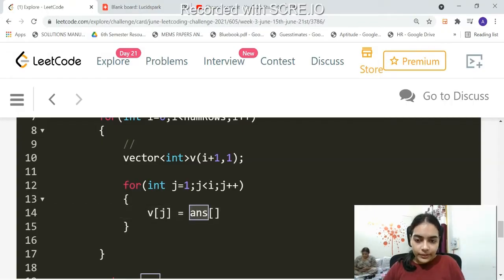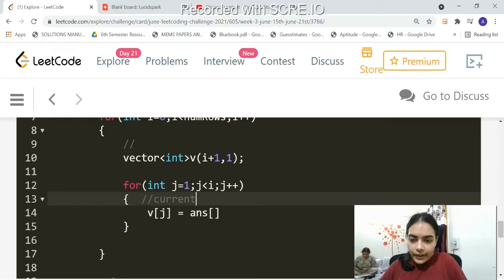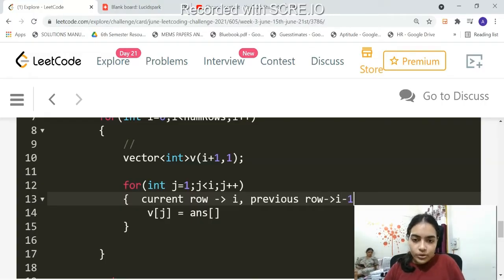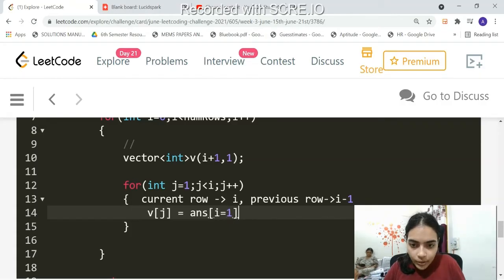First of all, we will grab answer, and then we will grab the previous row. So what is the previous row? Let me write here current row. The current row is i. The previous row is going to have index of i minus 1. So first of all, I will grab the previous row, i minus 1.